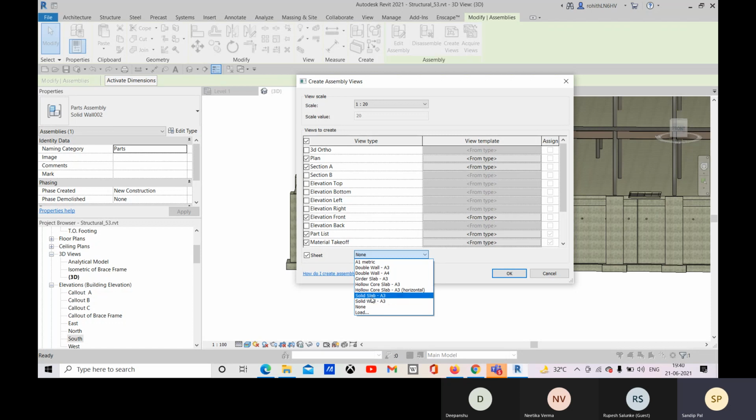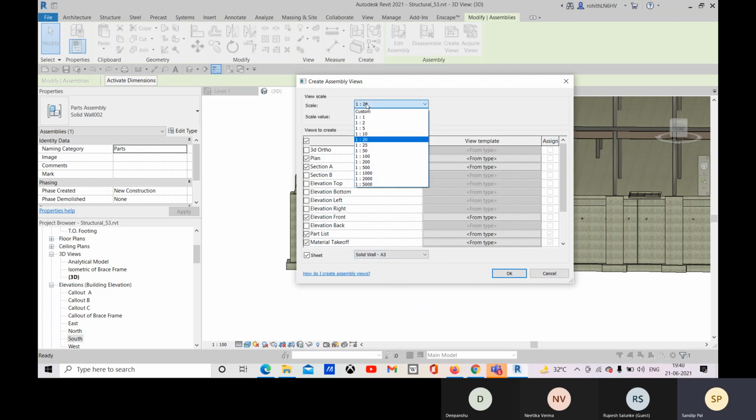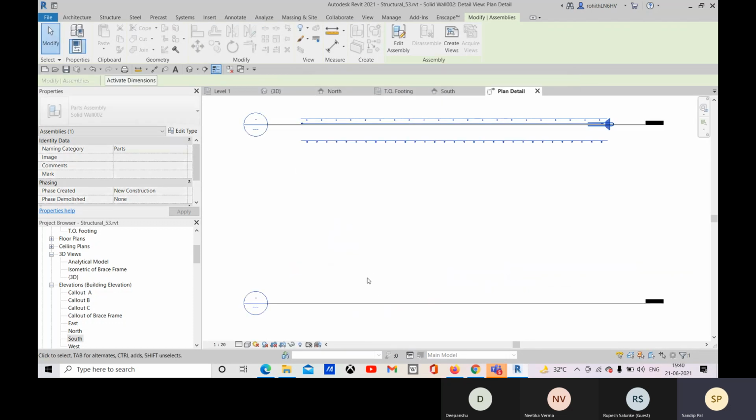So these things we already have as per this precast assembly. So you can choose this solid wall A3 as the sheet, and with this particular scale you can put all these views in that sheet, and you can click on OK.